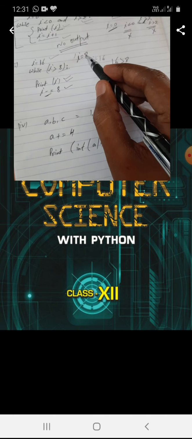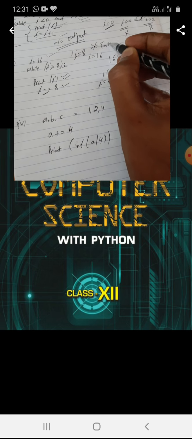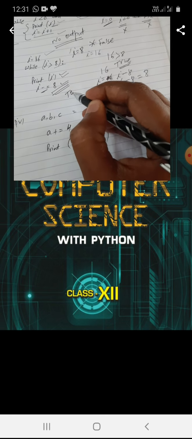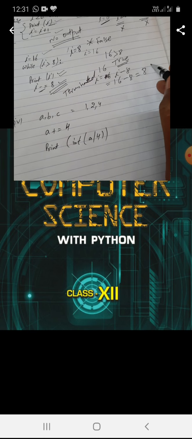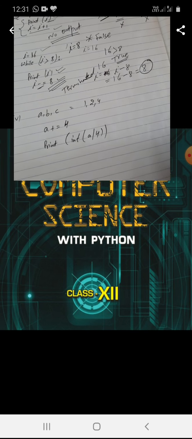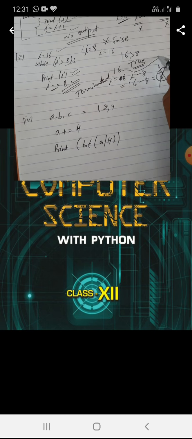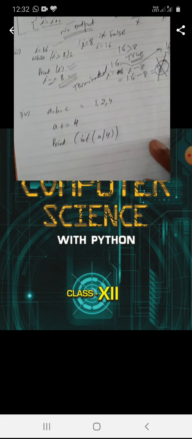The value of i is exactly equal to 8, so this condition becomes false, and the loop will be terminated. You will get the output exactly equal to 16. This is the answer of this piece of code.